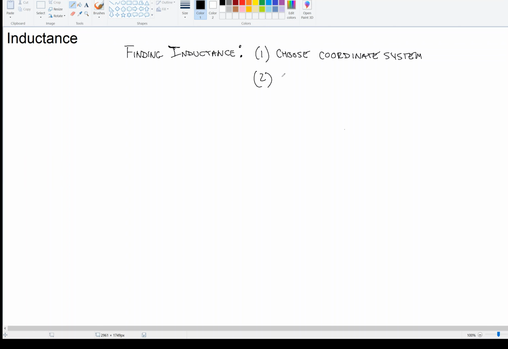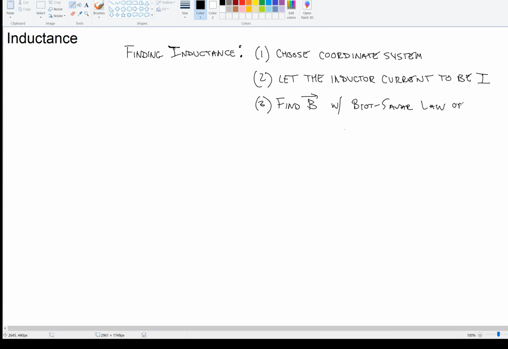And then we're going to assume the current to be I. Maybe you recall the process for capacitance. We did something similar. Then we're going to find B, due to the current that we just assumed, and we can find B with, for example, the Biot-Savart law, or Ampere's law,